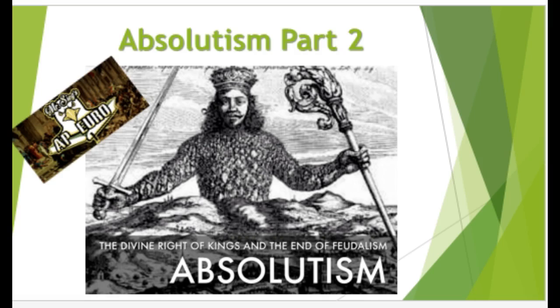In the last episode, we talked about the background of absolutism in theory and thought, from the new monarchs like Ferdinand and Isabella to Henry VII in England, as well as Charles and then Louis XI in France. But in this episode, we're going to take a deeper look at how French absolutism morphed into the quintessential example of absolute monarchy, and that of Louis XIV.